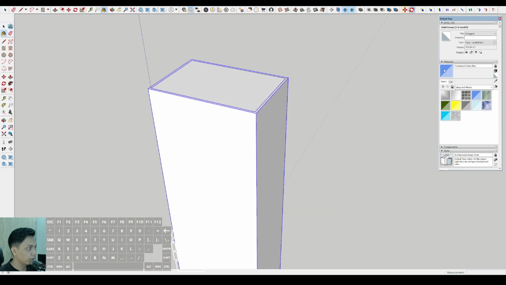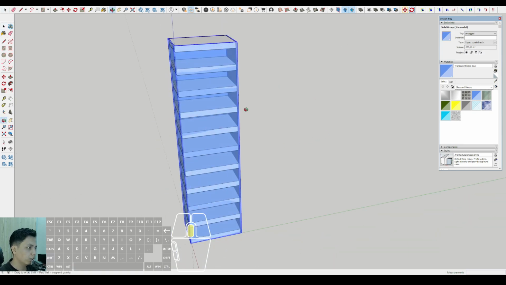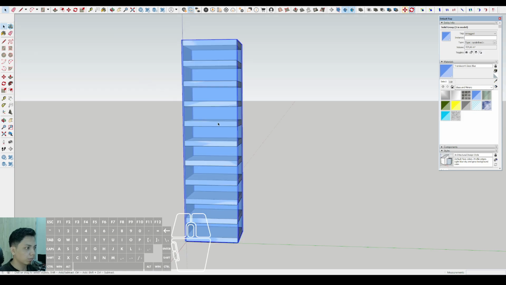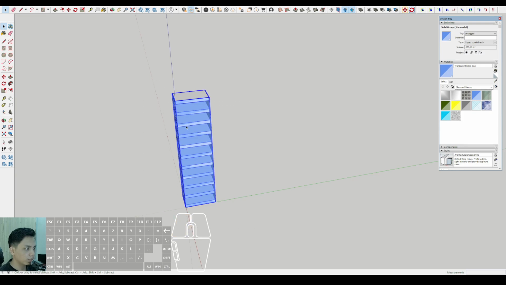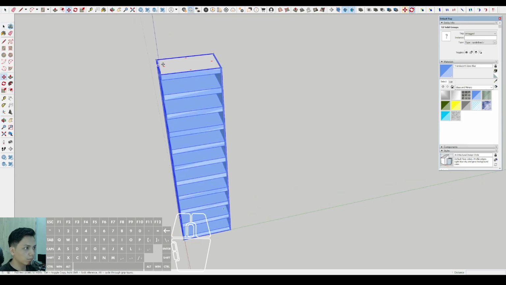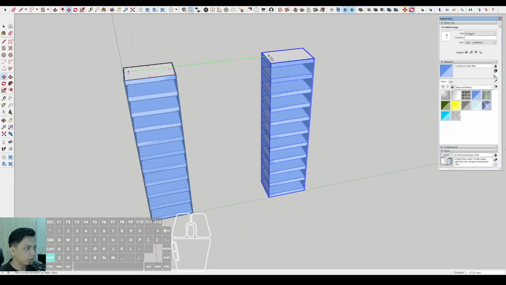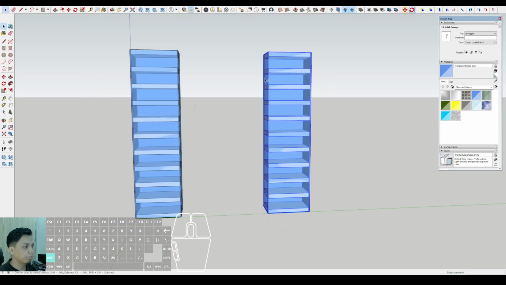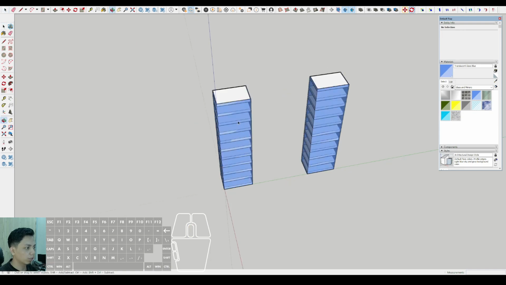Then we can make a group, and then we can draw the glass material for the building envelope. Then we can duplicate it to another position by clicking all over the building, and we can move it here. Then we can rotate it with the